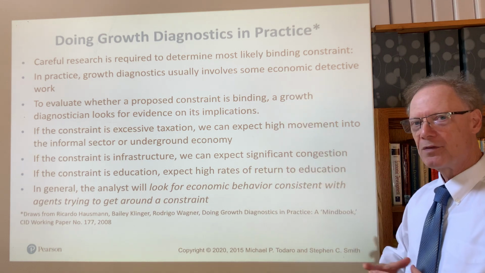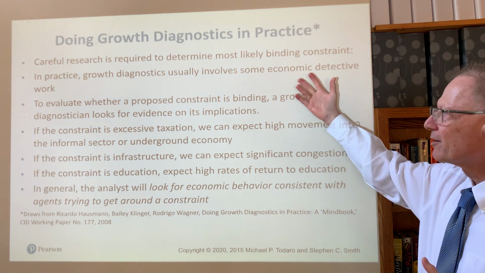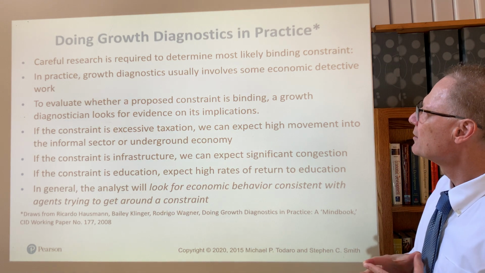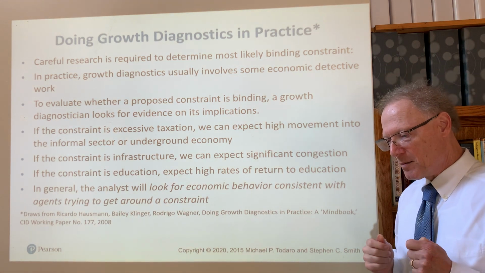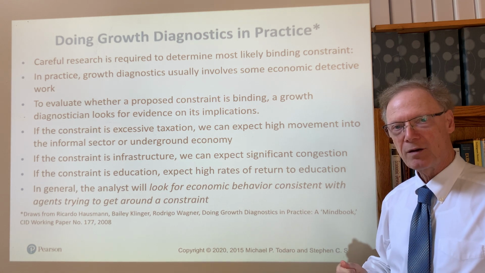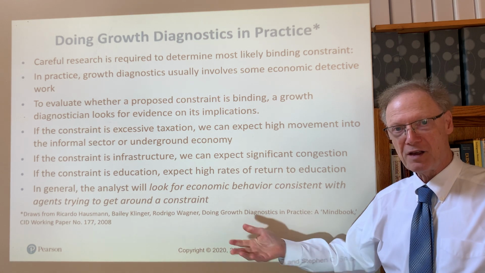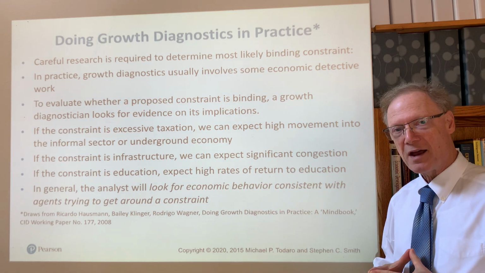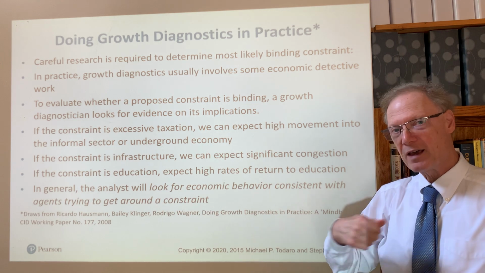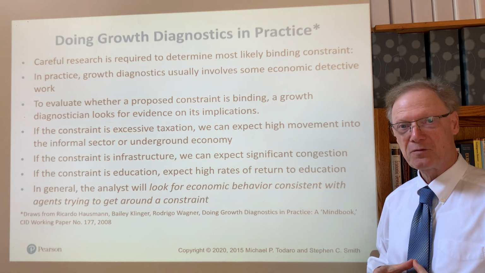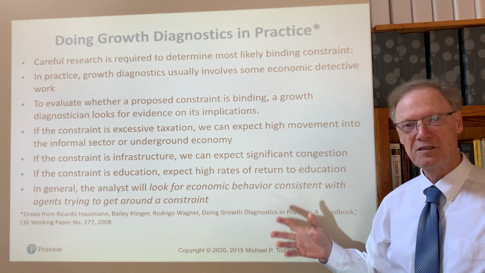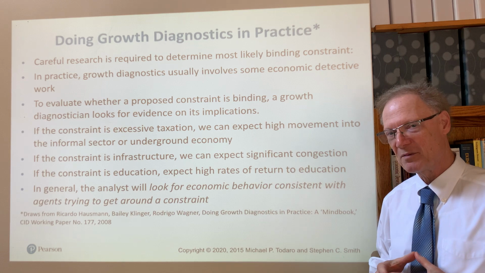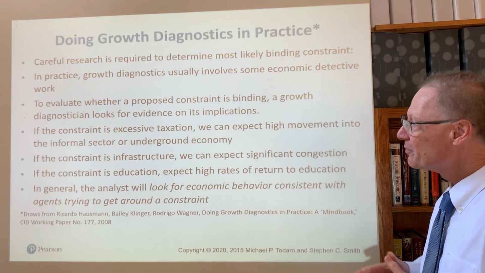So let's take a look at what this is about in practice. Really careful research is needed to determine the most likely binding constraint. Many people have a quick reaction when they think about many countries as a group, such as developing countries or a specific group. And you can think of that as an example, perhaps, of thinking fast in Kahneman's framework of System 1 and System 2, as we'll study behavioral economics' role in development economics a little bit at least before long.